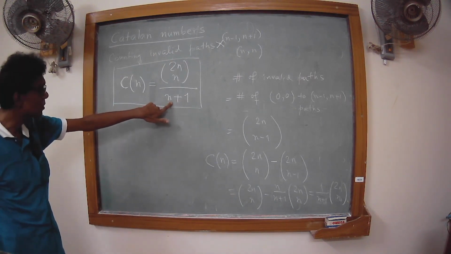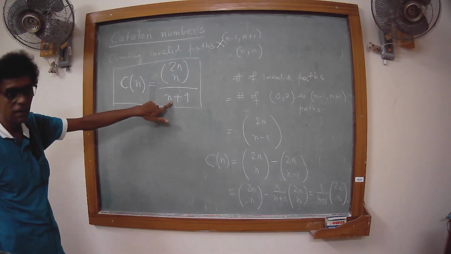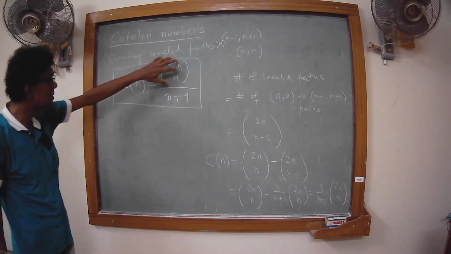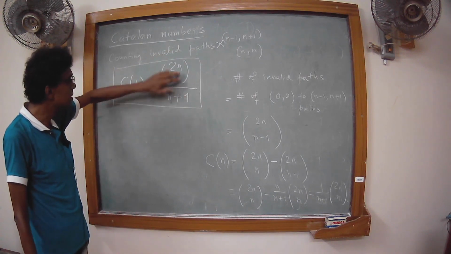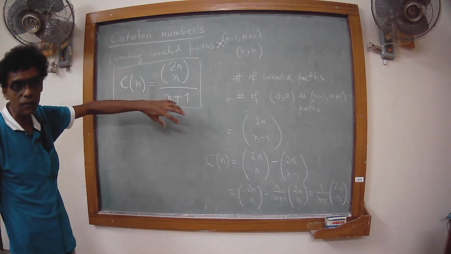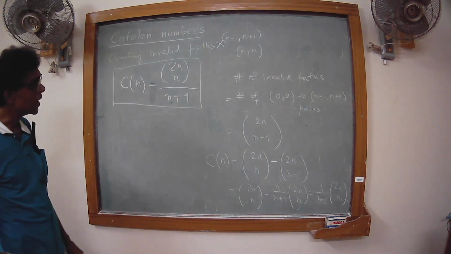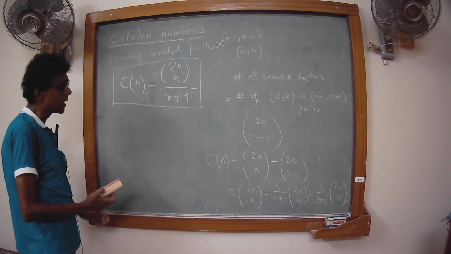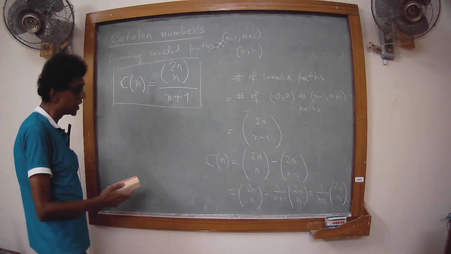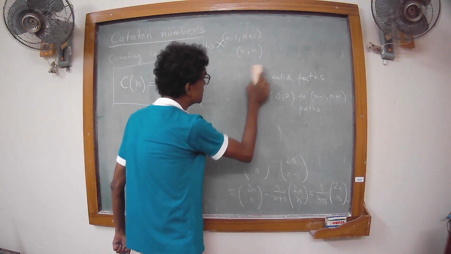This is what is called a combinatorial argument. This has to be an integer and it is written as a fraction like this, so it has to be that 2n choose n is divisible by n plus 1. That's about the derivation of Catalan numbers. We will come back to Catalan numbers once again, but I just give you